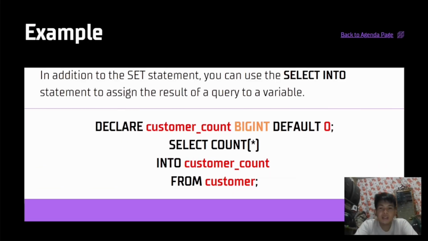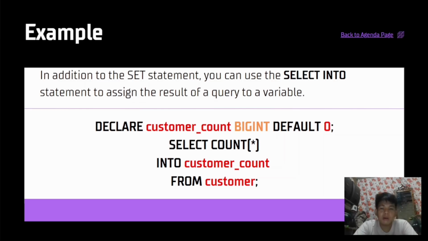And another example is, in addition to the set statement, you can use the select into statement to assign the result of a query to a variable, shown in the following example. In this example, first, we declare a variable using a customer count and initialize its value to 0. Then use the select into statement to assign the customer count variable the number of customers selected from